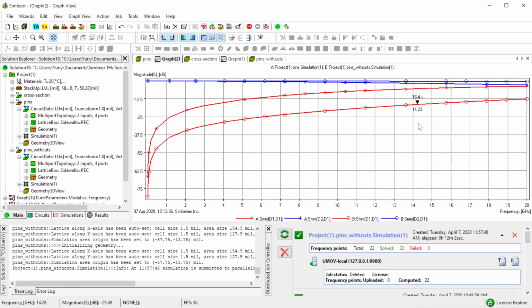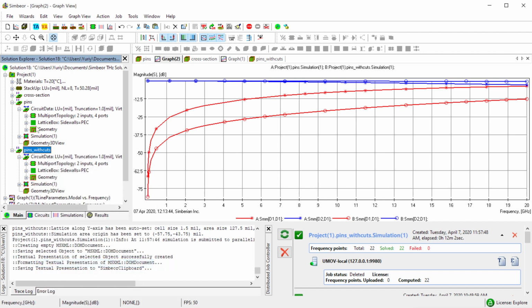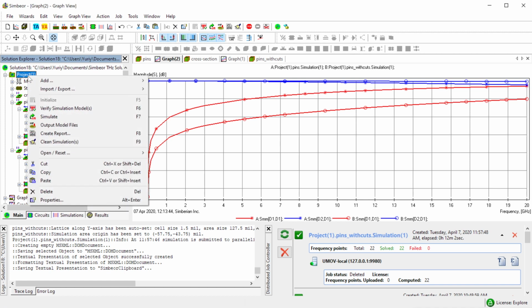It took 12 minutes to finish the analysis, and the reflection is below -10 dB all the way up to 20 gigahertz, so maybe consider it acceptable. It can be further tuned if necessary, but in this case it's not necessary.